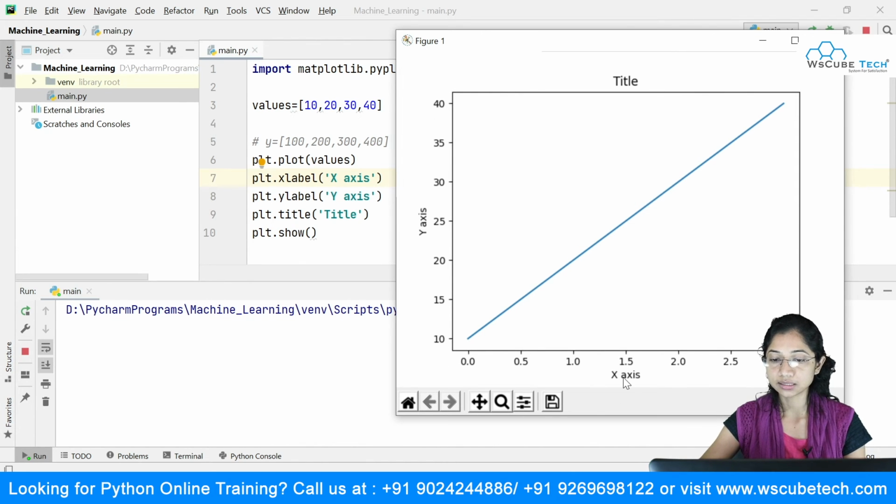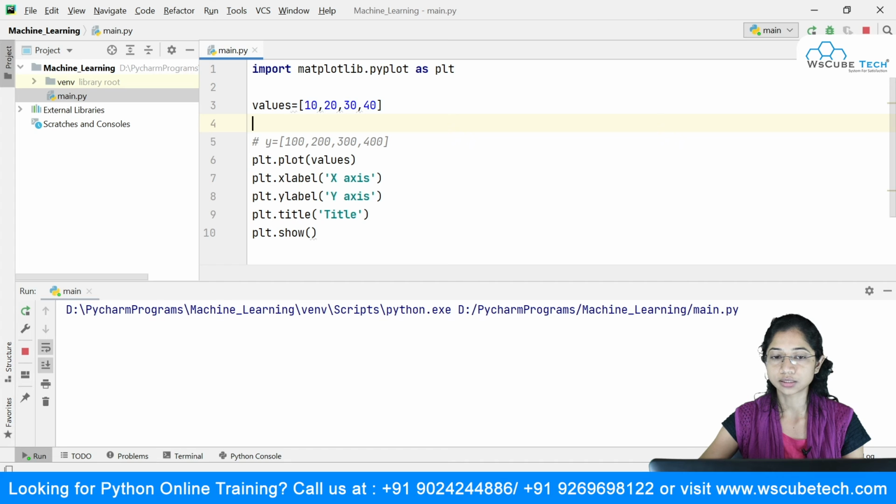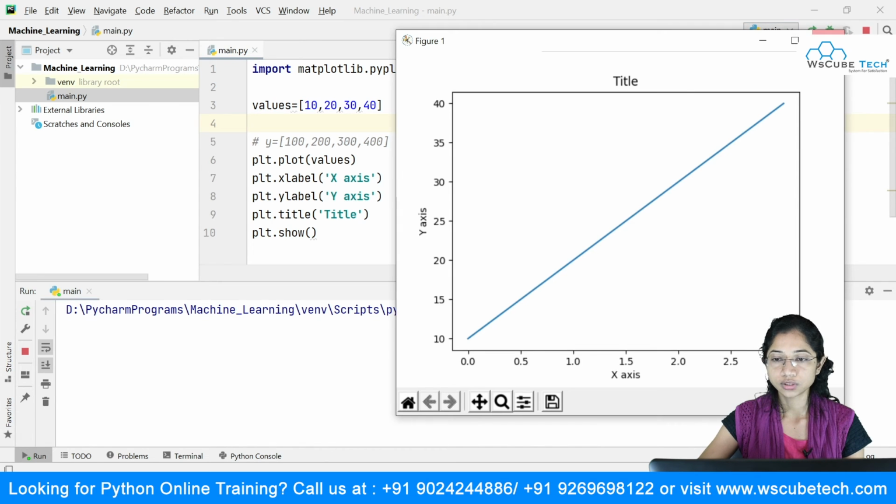And over the x-axis it has taken the default values starting from 0 as I said: 0, 1, 2, 3, and likewise it will go on. So just make sure of this point: if you pass a single set of values, those values will be applied over the y-axis.